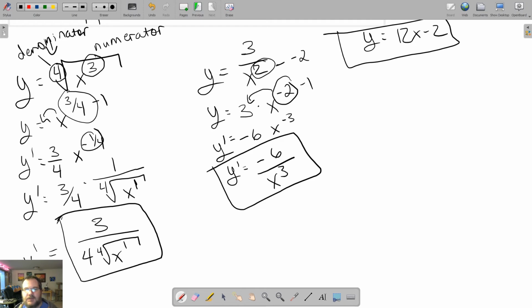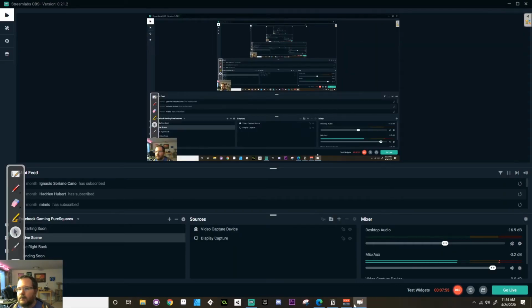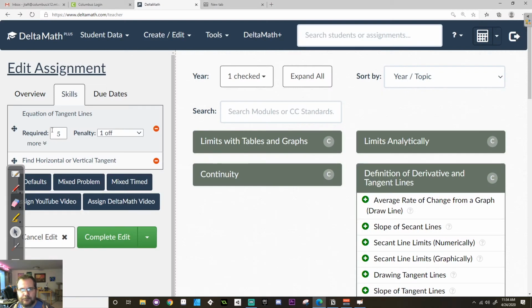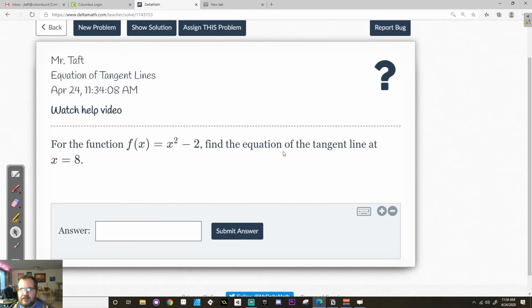But let's test that. So let's take a second and take a look at this week's Delta Math assignments. If I jump over here, let's look at equations of lines tangent. So this is the lines tangent. So again, first you find the derivative. So the derivative of x squared minus 2 is 2x. And then you're going to evaluate f prime at 8, which is 2 times 8,